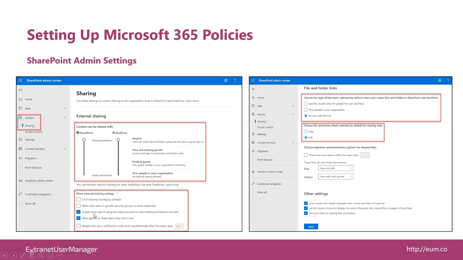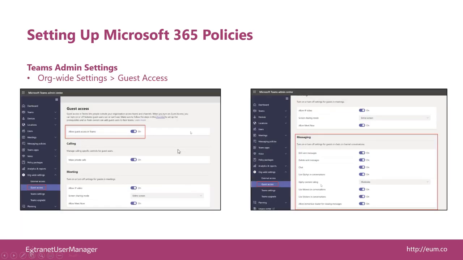I strongly encourage that guests must sign in using the same account, so they can't forward an invitation to a different account or somebody else. Everybody needs to come in as themselves. Then you decide what the file and folder links and other settings are. If you look back, our previous webinar was around external sharing in Microsoft 365. We'll go a lot deeper into these topics there, so I'm not going to spend too much time on that right now. But on the